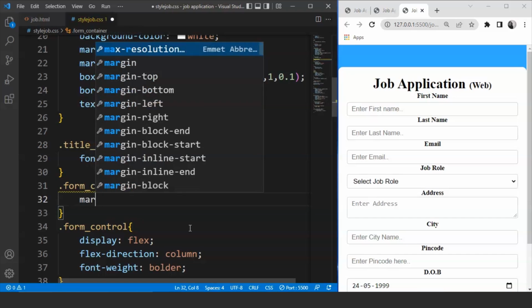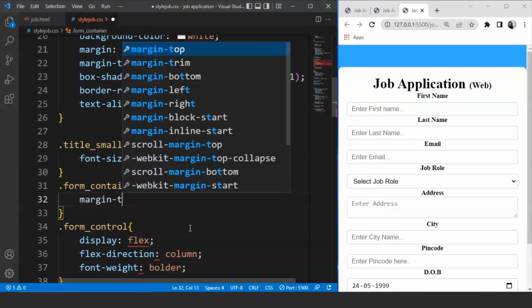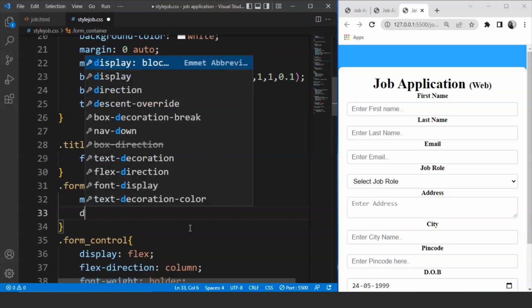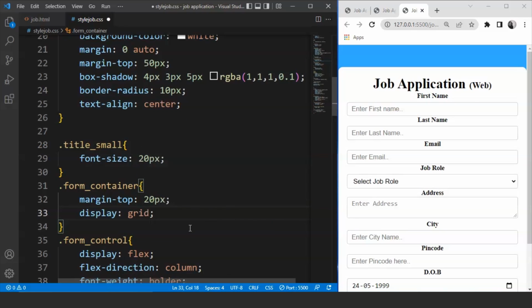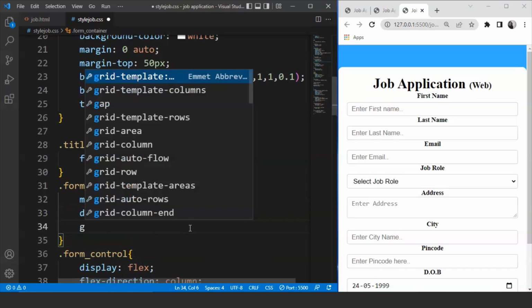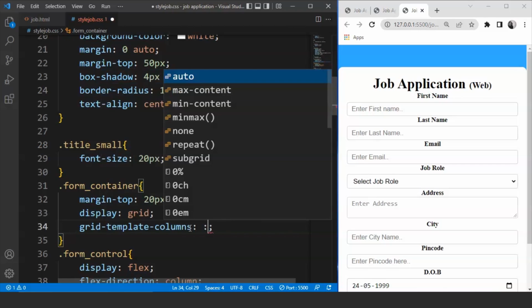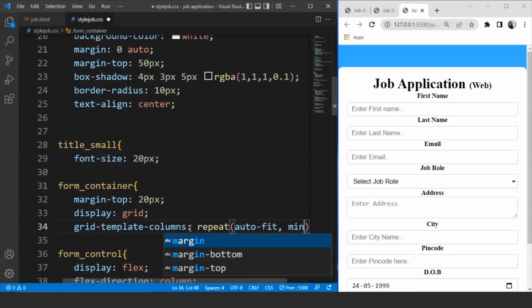Inside the form container class, we have to write here margin top. Margin top is going to be 20 pixels. Then we have display as grid, and we will define the grid template columns. So we'll write a grid template columns. We'll write here repeat, and inside here we'll write auto fit, comma min max,